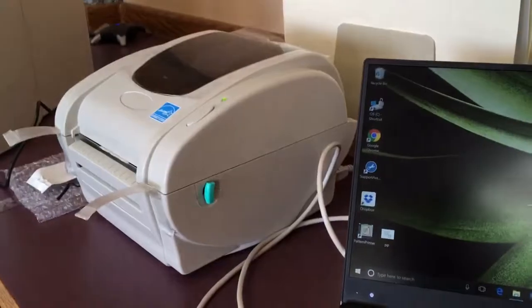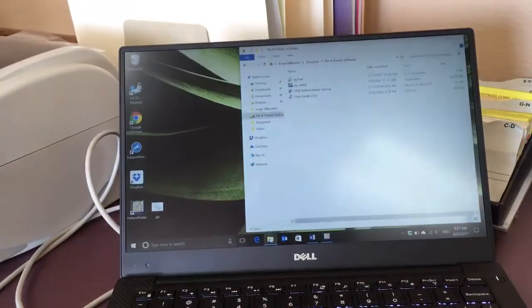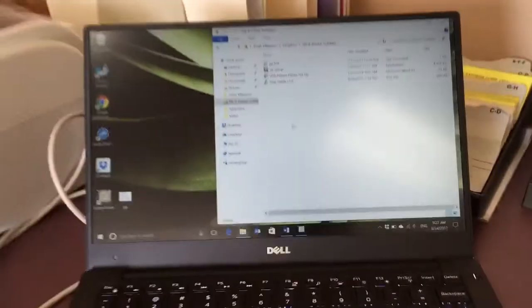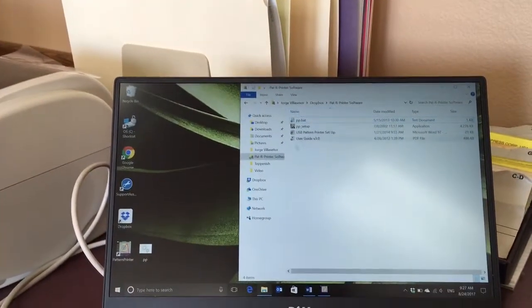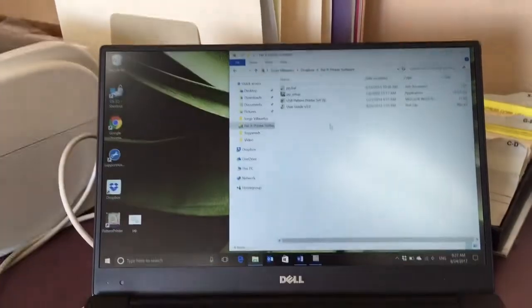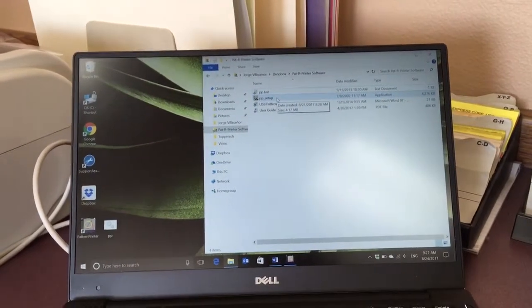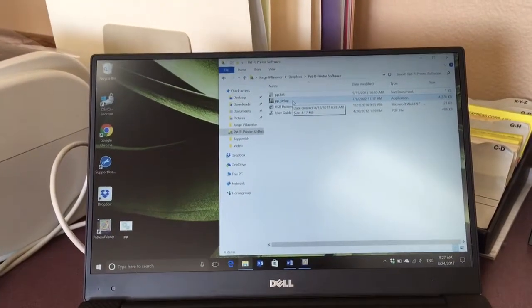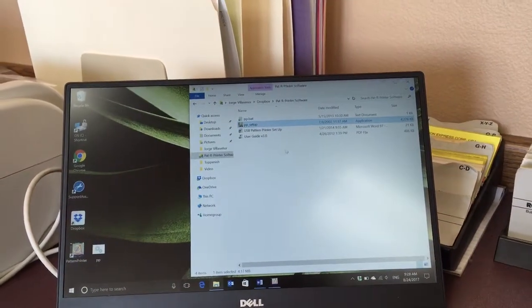For the pattern printer and software installation in Windows 10, what we did first, instead of going from a CD, since this PC doesn't have a CD tray, is bring the installation files into the system via Dropbox. The pattern printer setup is an executable file. We ran it in compatibility mode, so that way we install the pattern printer software